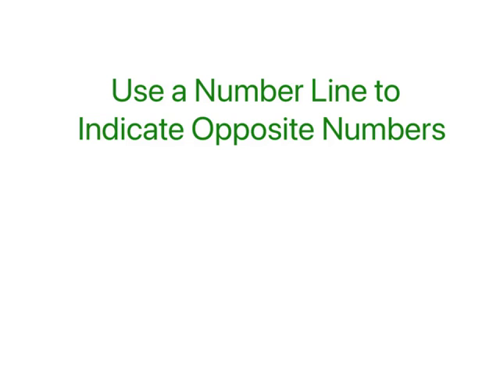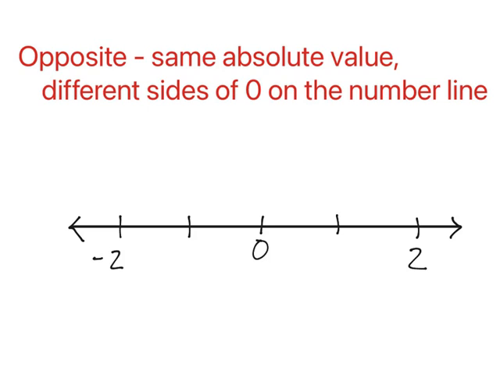Let's use a number line to indicate opposite numbers. Now, opposite numbers have the same absolute value, but they're on different sides of zero on the number line. Now, what I mean by the same absolute value